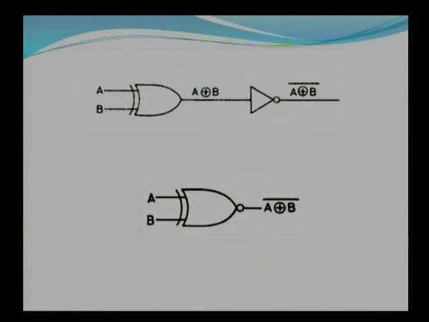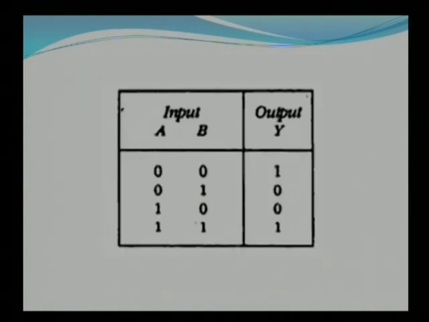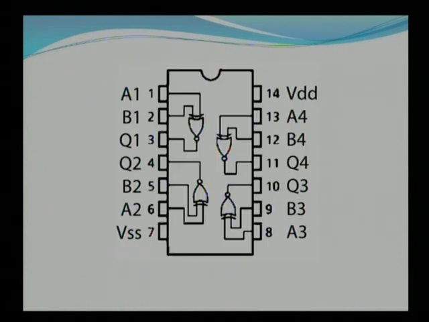In this presentation for the XNOR gate, first you have the XOR, then the output of that XOR is given to the NOT gate, and finally you get your XNOR. The XNOR expression is A XOR B with a full complement due to the NOT gate. This is the truth table for the XNOR gate. What is the truth table for the XOR? In case of XOR, an odd number of ones gives output 1. In case of XNOR, an even number of ones, or even number of zeros, will give output 1. This is the presentation for the XNOR gate in integrated circuit form.